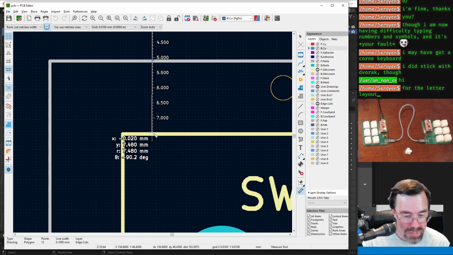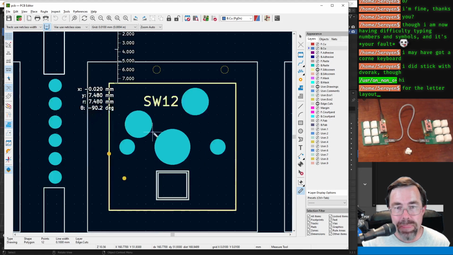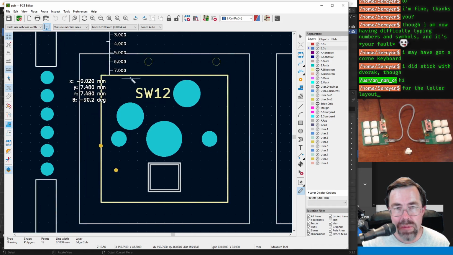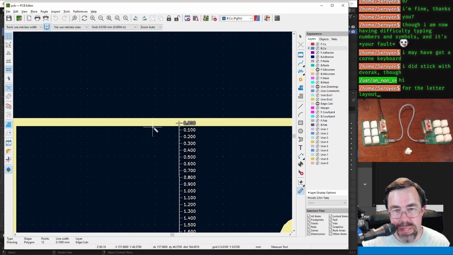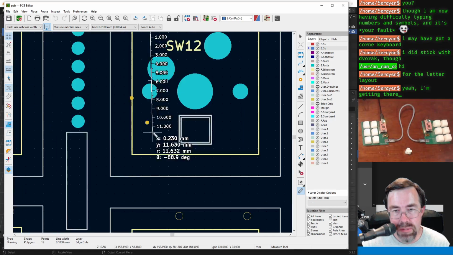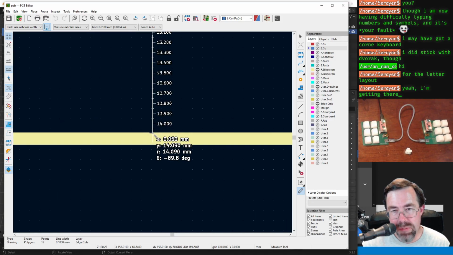Okay, so the silk screen is roughly where the switch is, give or take. Actually, I really want to measure the silk screen because if we know it's 14 millimeter, okay, so if we measure the inside of the silk screen, what is it? It's 14.08, or let's just say 14.1. It's 0.1 millimeters in, so I should really measure